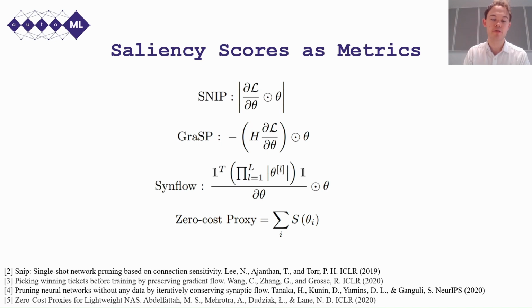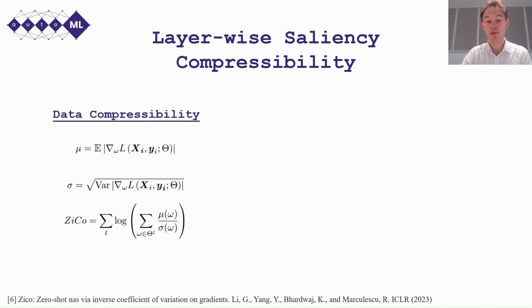And among existing metrics, ZiCo stands out as both an empirically strong method and one that goes beyond mere saliency aggregation. To summarize the formulas on the screen, ZiCo takes a signal-to-noise ratio of the gradient over the input data. And in this sense, ZiCo is a measure of saliency compressibility over the data samples. The intuition being that a high variance gradient is suggestive of training dynamics that are dominated by a small subset of the data, preventing the network from effectively using all available inputs.